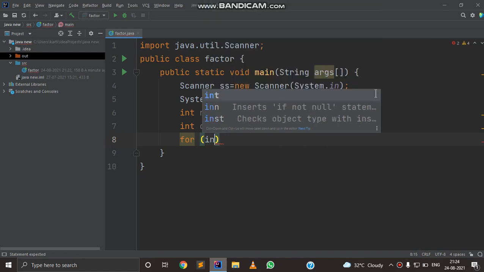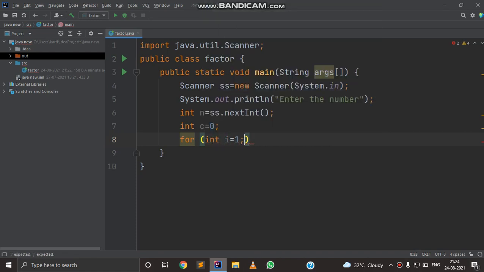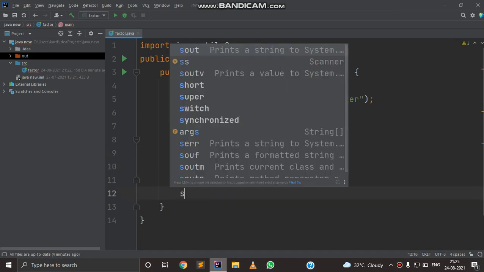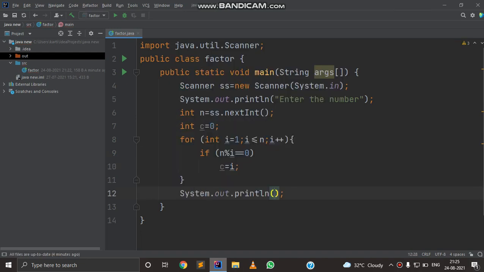Now we run the loop, and we put the same condition, n mod i is equal to 0, and if this is true, then C is equal to I, and we simply print C in the output.